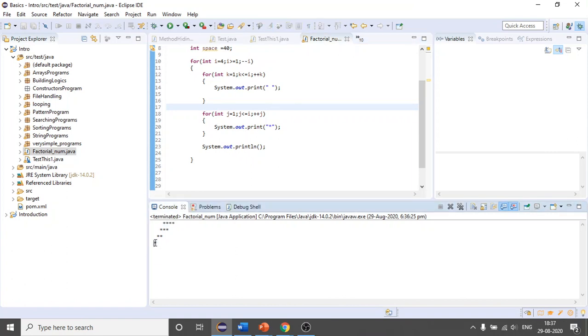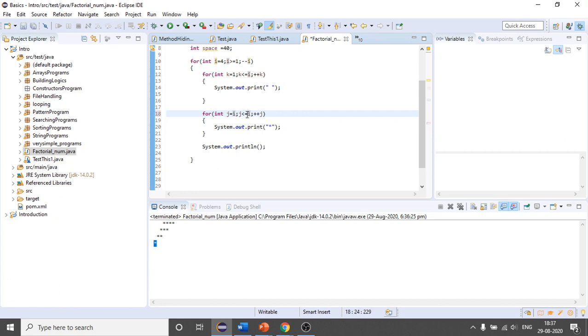You have to print 1 star. Then again you have to take a variable. Okay, j less than equals to 1, right? Okay, let me do this way as well. Let's see what it is printing first.